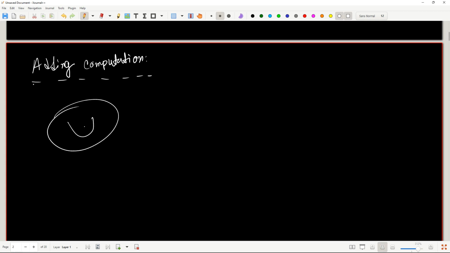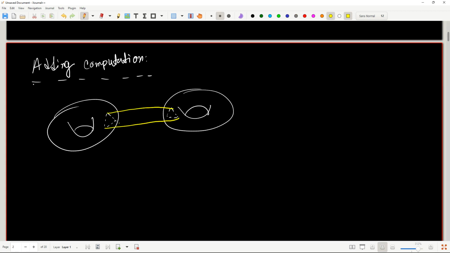So again, draw them, but this time they already have these slots, the triangles that were removed from the surface of the torus. And now we're adding a triangular cylinder like this, right? So notice when you add a triangular cylinder like this, what you are essentially doing is that you might